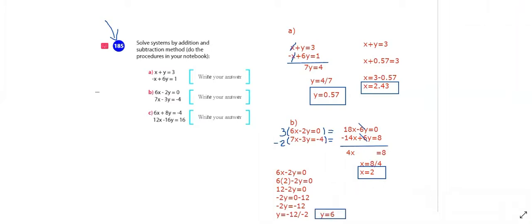Now I have my answers. You can prove it by substituting the value of x and y, and you will see that this is correct. So the answers here, in the first one, we have the ordered pair 2.43, 0.57. This will be the first answer, and the second answer will be, let's see, the value of x was 2 and the value of y was 6. So that's the ordered pair that is the answer. You can do the following one as